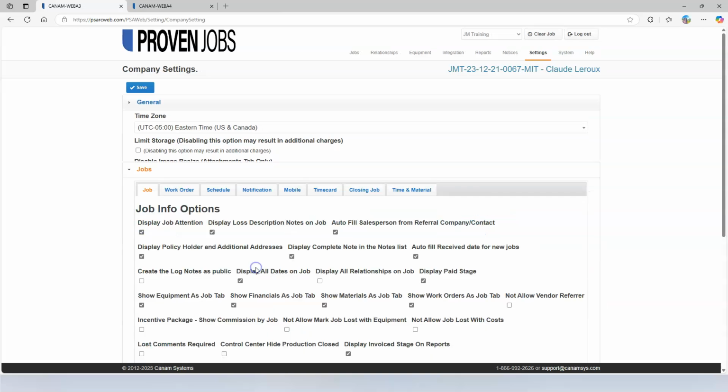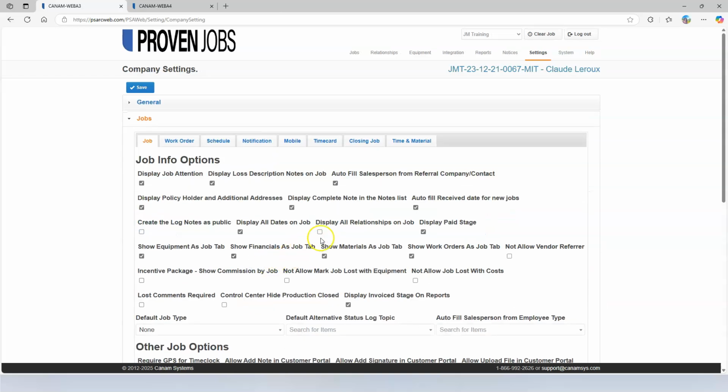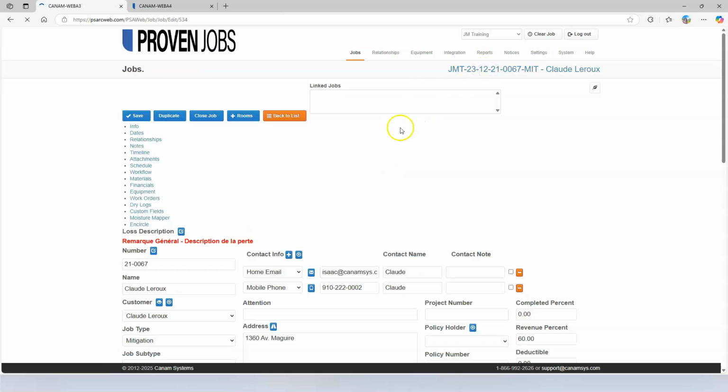So I'm going to come down here to the jobs section, and there's a selection box called Display All Relationships on Jobs. I'm going to leave that blank for just the time being so we can take a look at what that looks like without that selection box being displayed. And I'm going to select my job